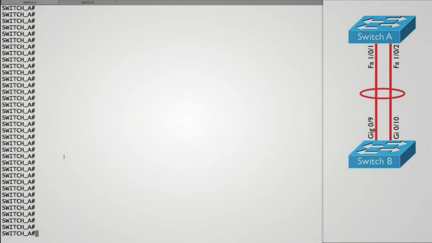Let's take a look at how to configure an EtherChannel between switches A and B. We've got a couple of links and we want to bond those together. And we're going to use the Cisco approach to EtherChannel, where we're using PAgP instead of the industry standard, which uses LACP. And remember the prerequisites. We need to have the speed and the duplex identical on both switches. They need to be assigned to the same VLAN, or if they're a trunk, they need to allow the same set of VLANs. I've not modified any of that.